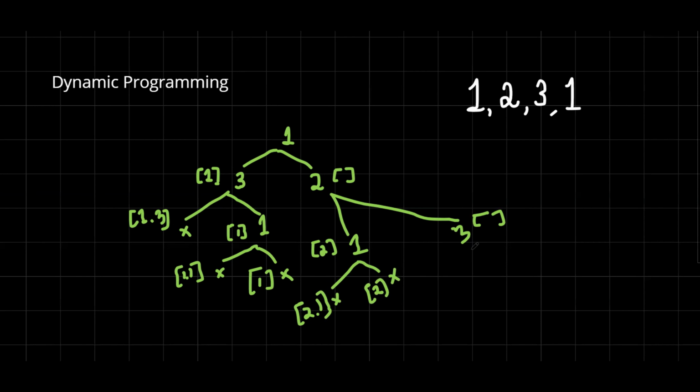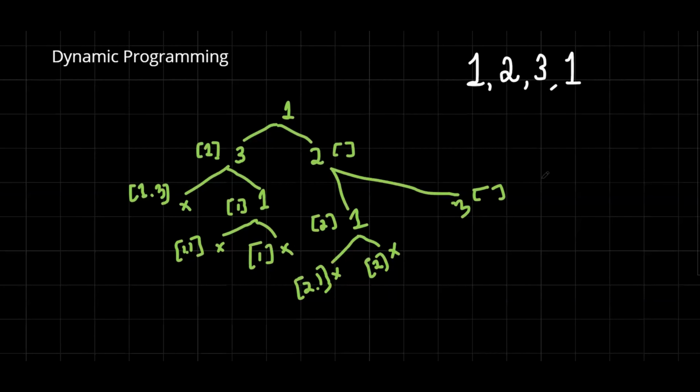Now for this element 3, if I take the element 3, then our temporary vector will contain the value 3. And if I take 3, then we cannot take 1 because it is adjacent. So here the iteration is over. And we can also ignore 3. So if I ignore 3,